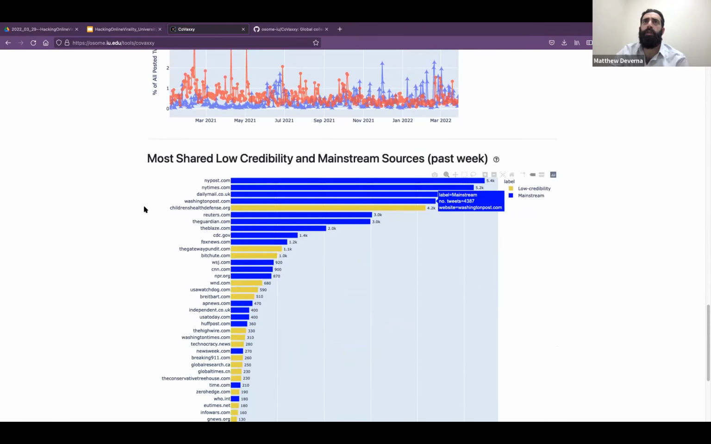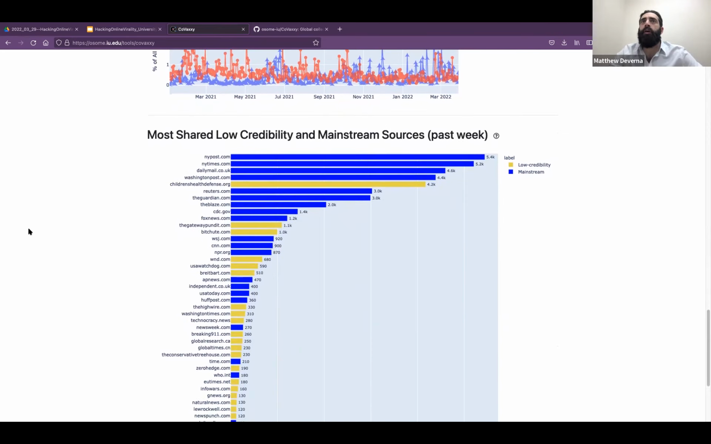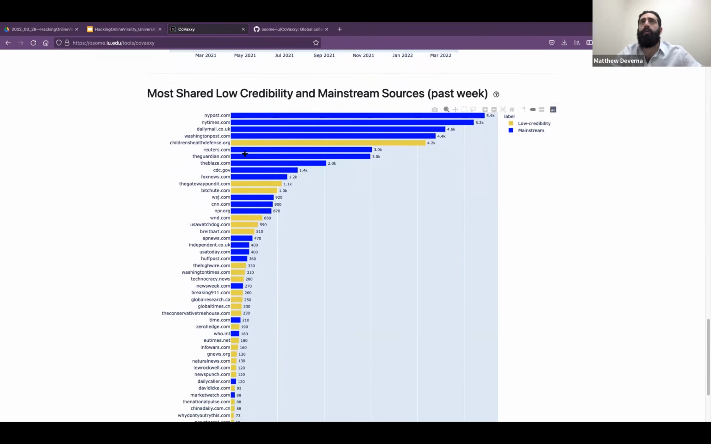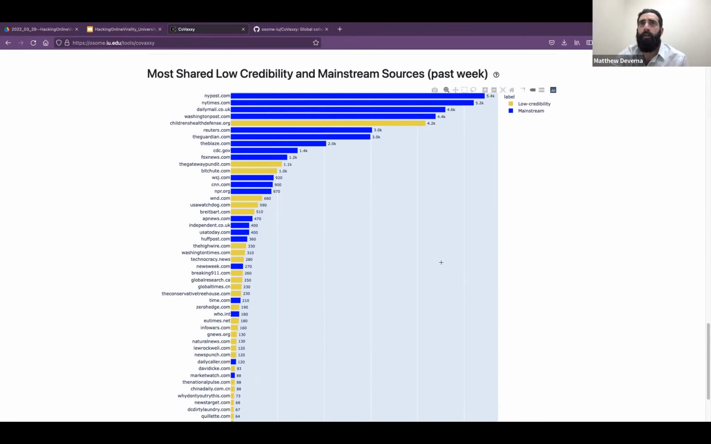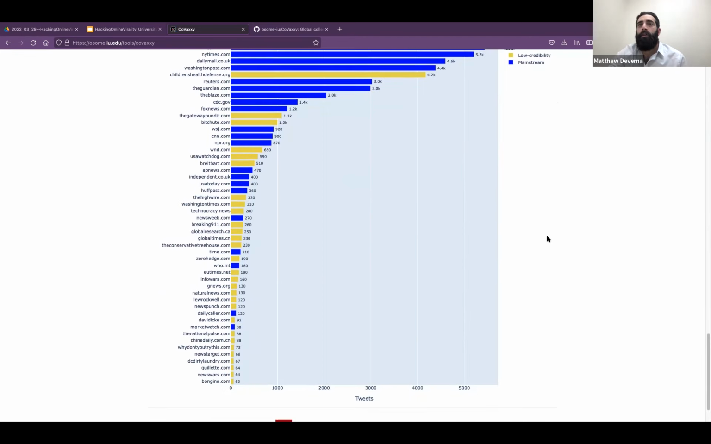And then the final visualization shows, for the last week, a leaderboard of who's been sharing the most misinformation, what domains and sources have been shared the most within the last week. We can see Children's Health Defense up top. It's been number one many times actually over the past year. And it's definitely having a bit of an impact in a negative way. But that's all the visualizations